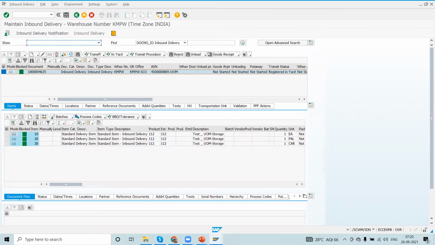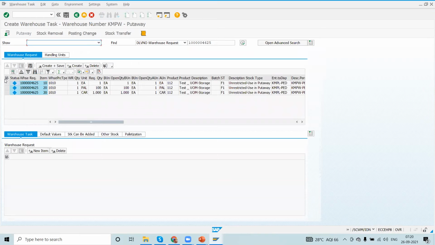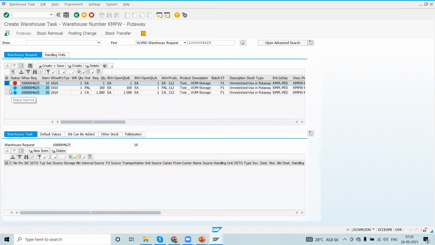I'm doing GR again. I have done the reversal. Okay, now I'm doing GR again. GR completed. Now going to do the final put away to store the stock in the respective bins. I'm creating one by one.